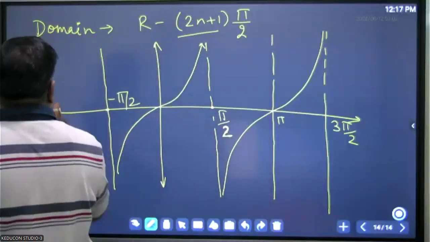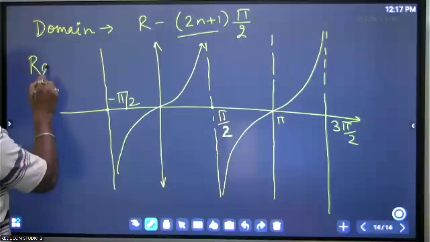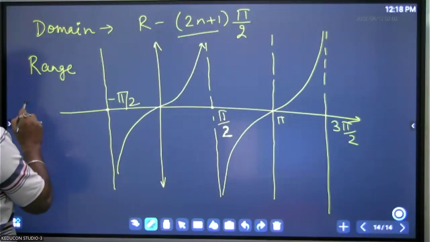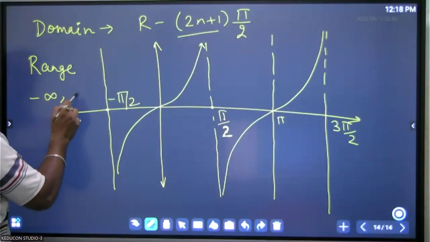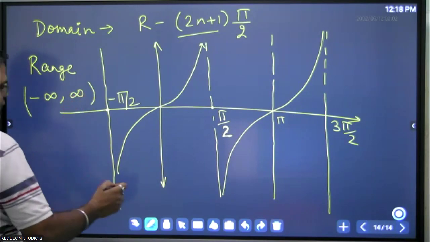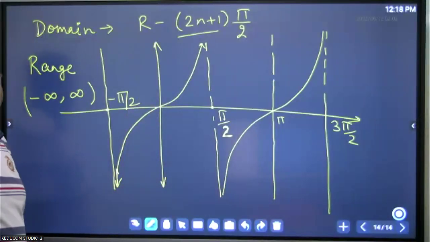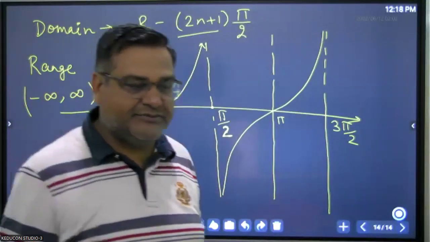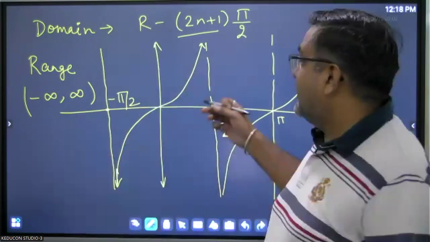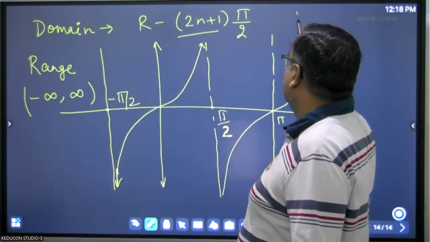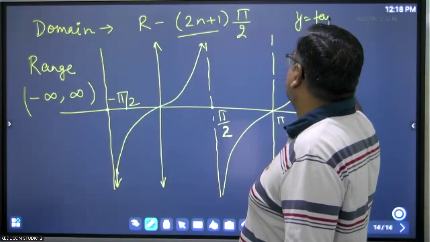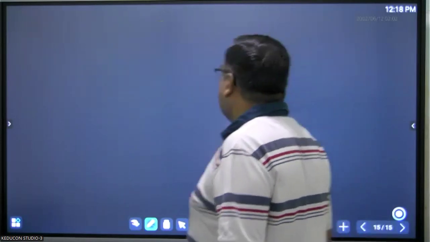What is the range? Minus infinity to infinity. Because this is minus infinity and this is infinity. So this is the domain and range. Same is in the case of cot. This is y equal to tan x. Now if you go for cot,